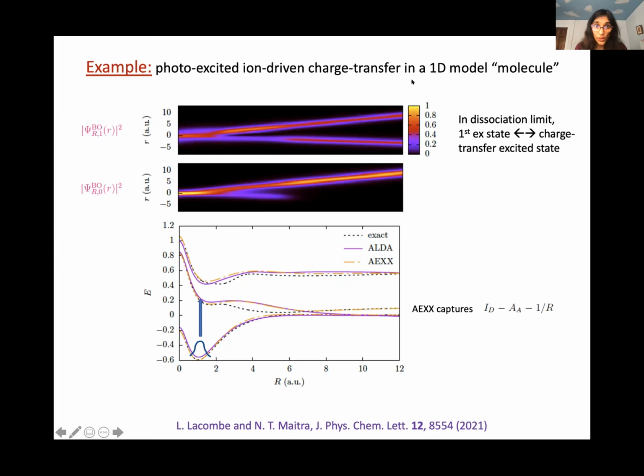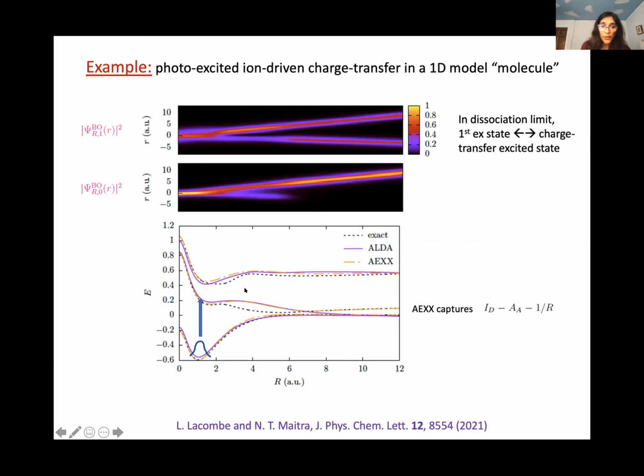I'll just summarize quickly what's in the model. It's a 2-electron and 1 nuclear coordinate system. The ground state as a function of the Born-Oppenheimer, as a function of the nuclear coordinate looks like this, the electronic ground state, while in the first excited state at large r, there's a charge transfer character. And if we look at the potential energy surfaces with ALDA, adiabatic exact exchange, we see that the ground, and the black here dashed is the exact, we see that they're pretty well approximated. There's some deviation here in the middle where there's some charge transfer character starting to build in, which is not well reproduced actually,